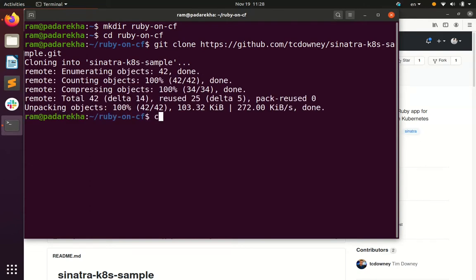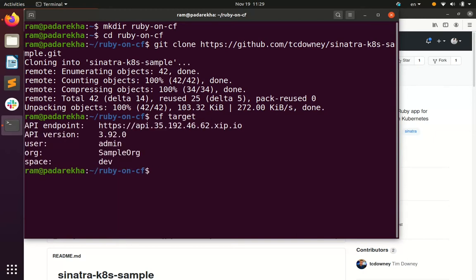Our remote endpoint is a Kubernetes cluster that is running within Google Cloud. CF for K8s has been installed on this Kubernetes cluster. Now let's try and deploy the application very quickly. Just type cf push. Give the app a name as an argument, in this case ruby-cf, and that's it.